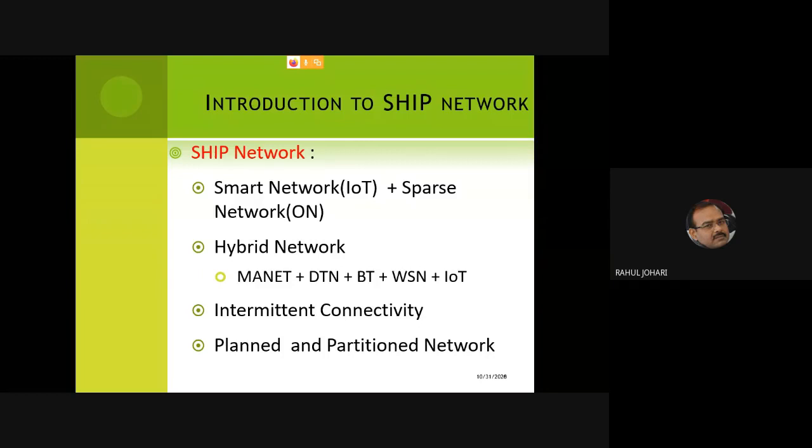So it's always a challenge to carry out routing in the ship network because its sheer characteristic feature is designed like that. In the next 5 years, what I can visualize is a lot of work is going to be done in this area because it's like an amalgamation of many networks coming together at a single point of time. And how do we efficiently carry out the routing in it? And beyond 5 years, what will happen? Very difficult to predict because in the industry the maximum prediction that can be done is only for 3 to 5 years, because technology changes so fast, so dynamic. So it's very difficult to keep pace with things.